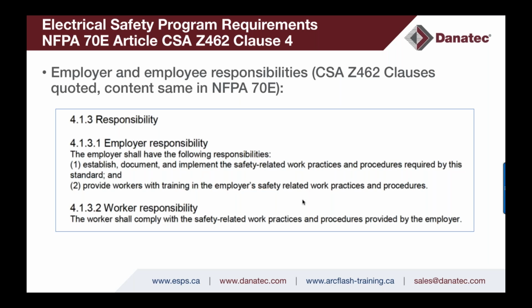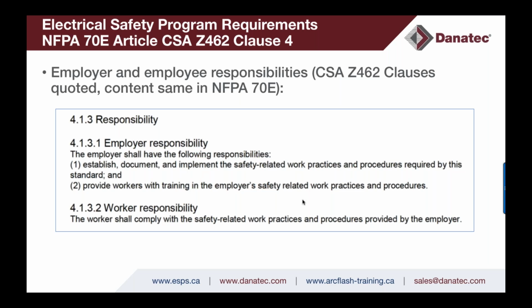So this is interesting. When I was reviewing the standards again about responsibility: the employer shall have the following responsibilities: establish, document, and implement the safety-related work practices and procedures required by the standard, and provide workers with training in the employer's safety-related work practices and procedures. Now that's interesting, because that statement, clause 4.1.3.12, would say that if your company has an electrical safety program, you need to make sure that you've trained your workers on the requirements of your specific electrical safety program, and that would include any of the overall occupational health and safety management system requirements, like, for instance, filling out a